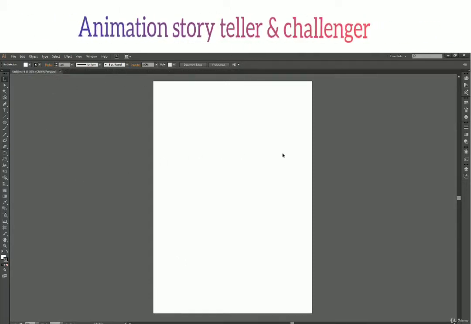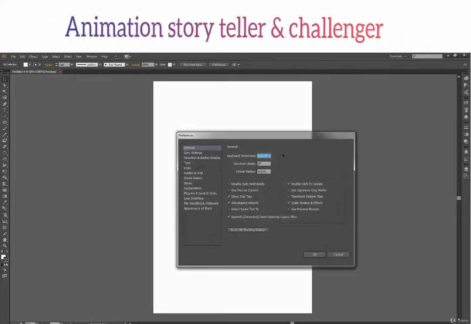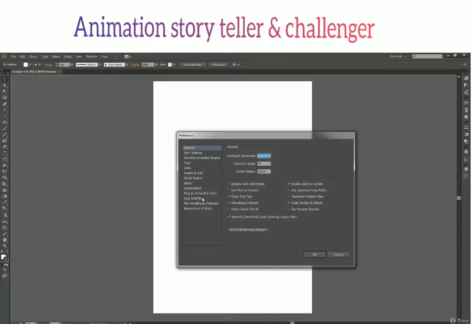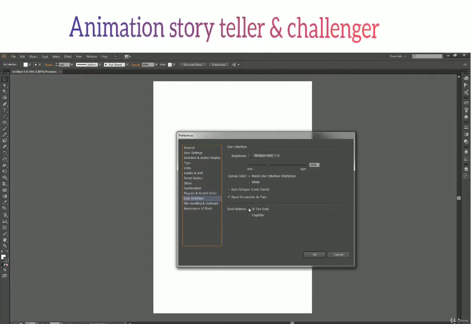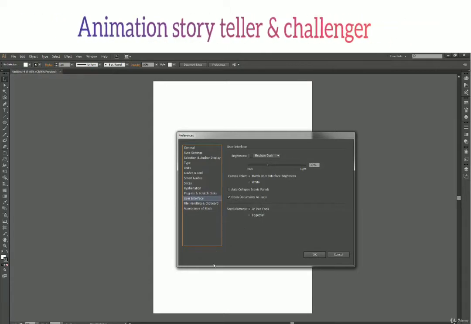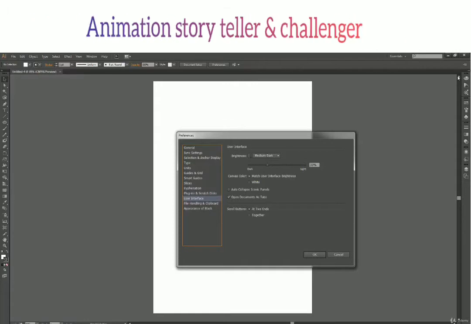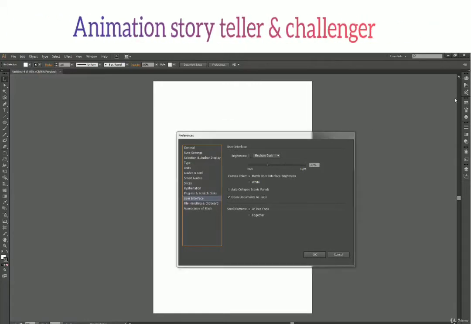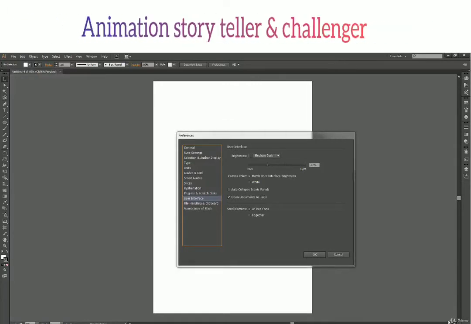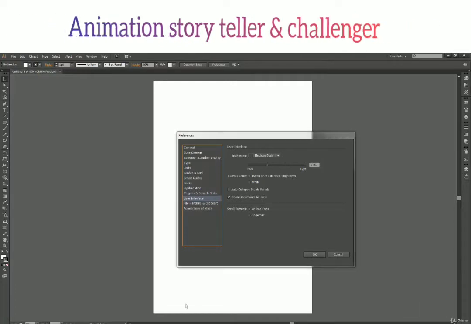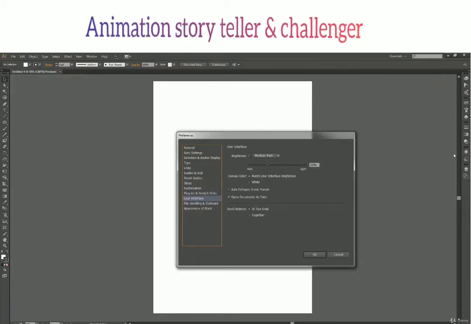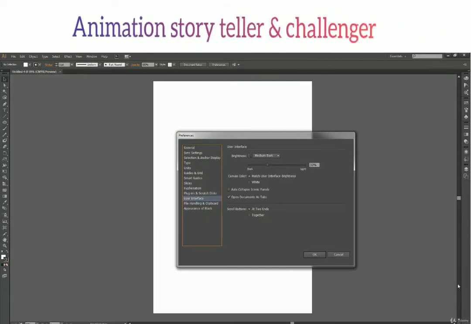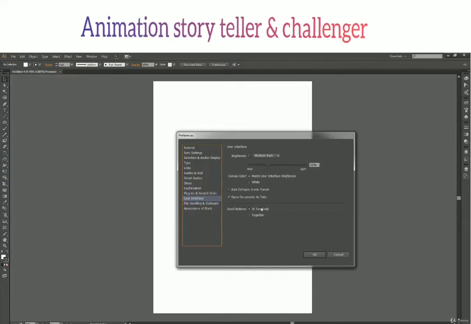Alright, so we have all files closed and press Ctrl K and let's see what all settings we have left. And then it says scroll buttons at two ends together. Now what is scroll button? These are the actual scroll buttons we have. This top one, this bottom one, this left, this right one. So right now they are separated. They are at the top and bottom, or at the two ends of the scroll bar, which it says at two ends.